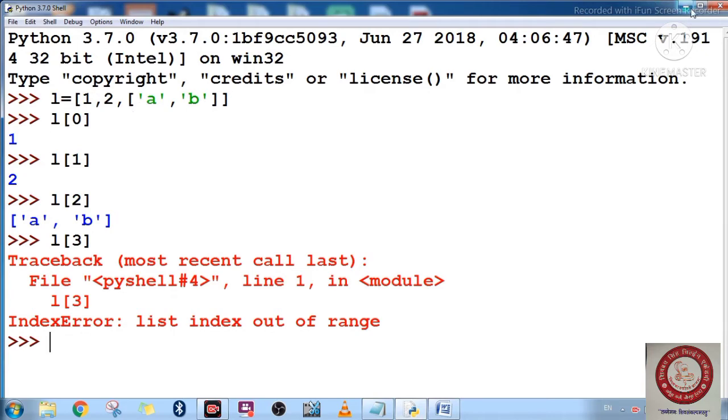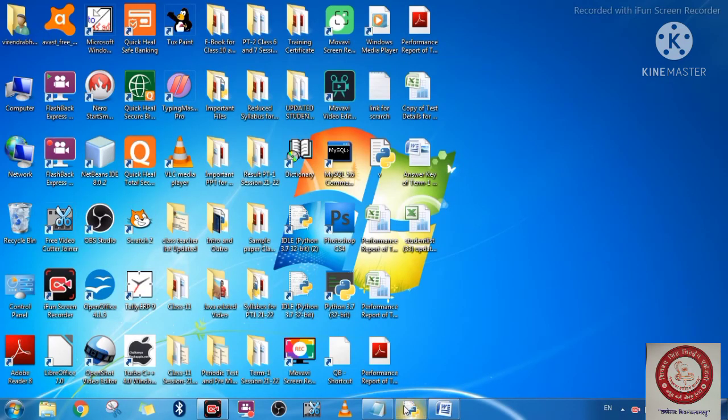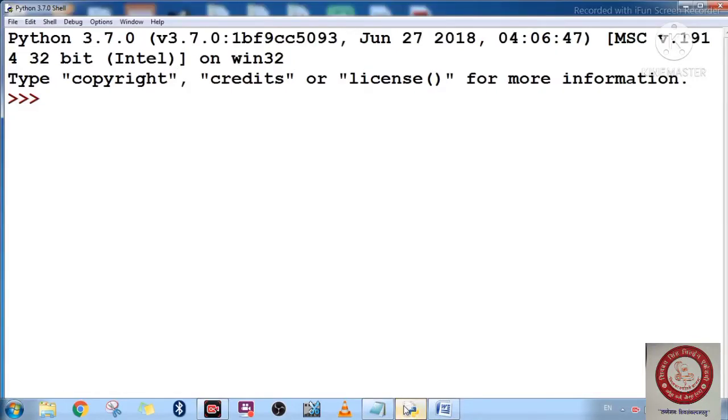Now students, it's time to go forward, and we'll use a few more things here. Students, as I have already told you in the previous class, you can create the list with the help of 2 more functions. I'm going to use the first one here. The name is list function. Suppose I have written L, and I have used the list function here like this, and in this I am just writing one word. Suppose I have written hello, then close the bracket and run successfully.